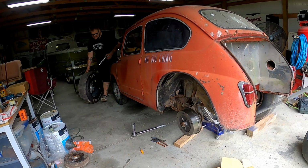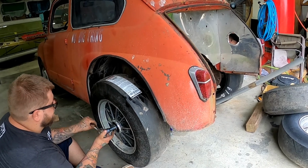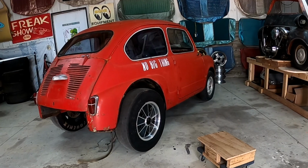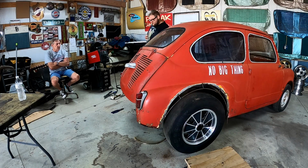I mean, I wanted the tires sticking out, but I didn't want them sticking out a foot on each side. Went ahead, got the back tires mounted to those BRM wheels and got those mounted on the car. Once those were mounted on the car, I started bending all the round rod, almost making a little skeleton to start on the quarters and fill them in, because what I wanted was a tight